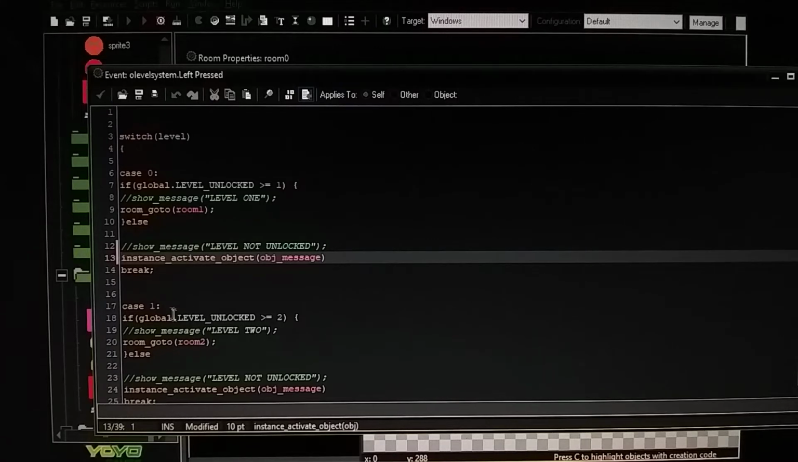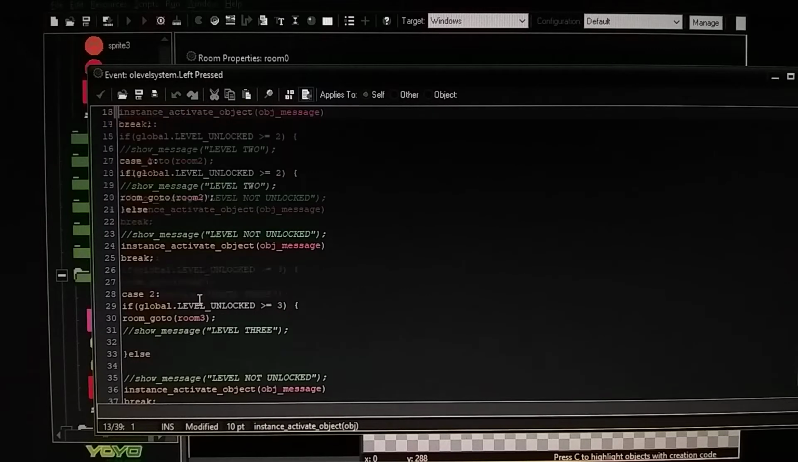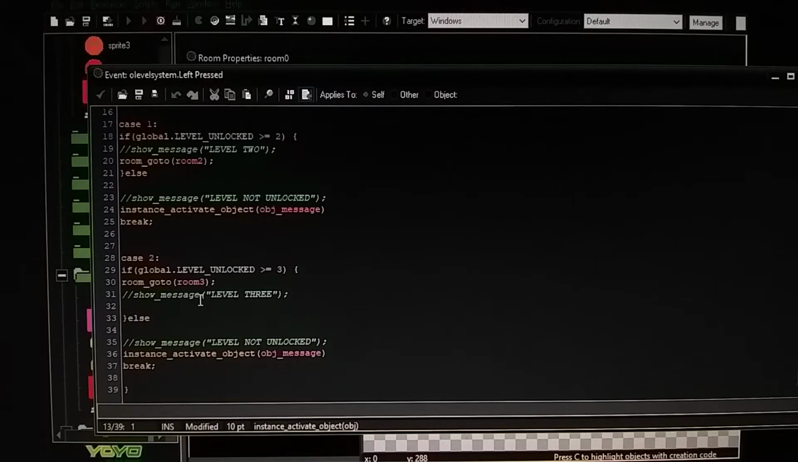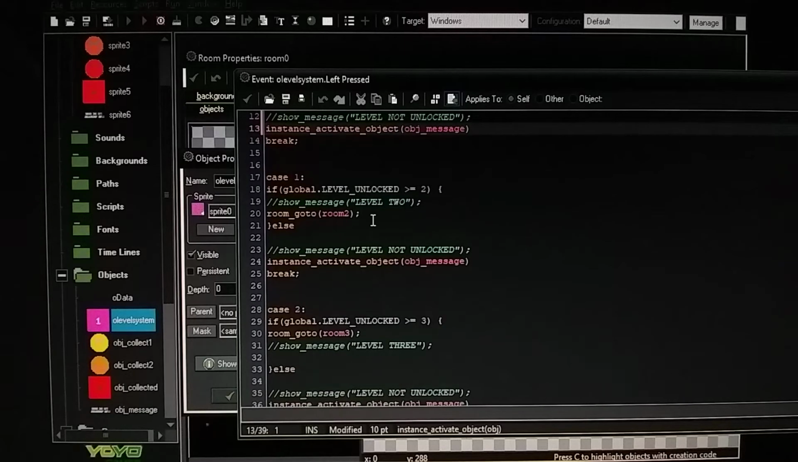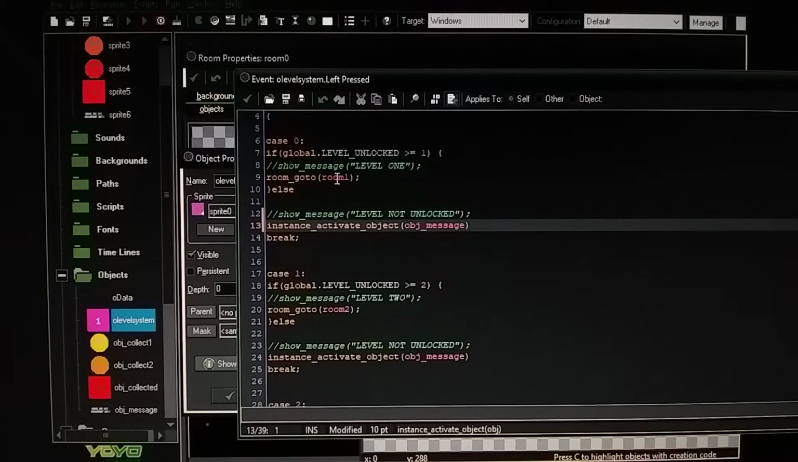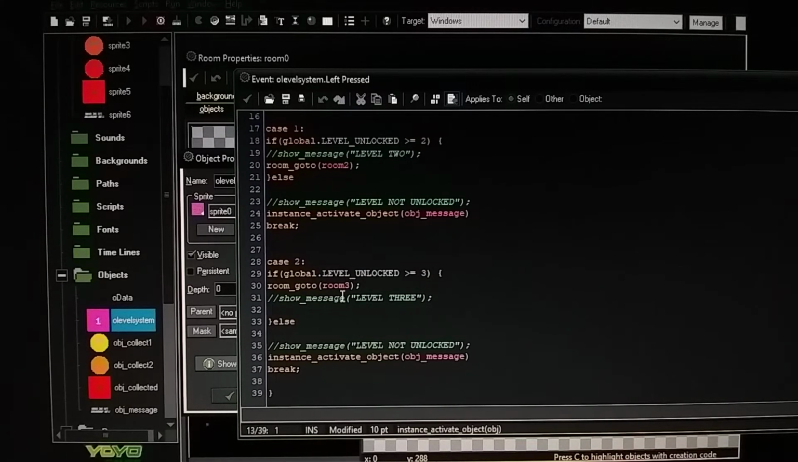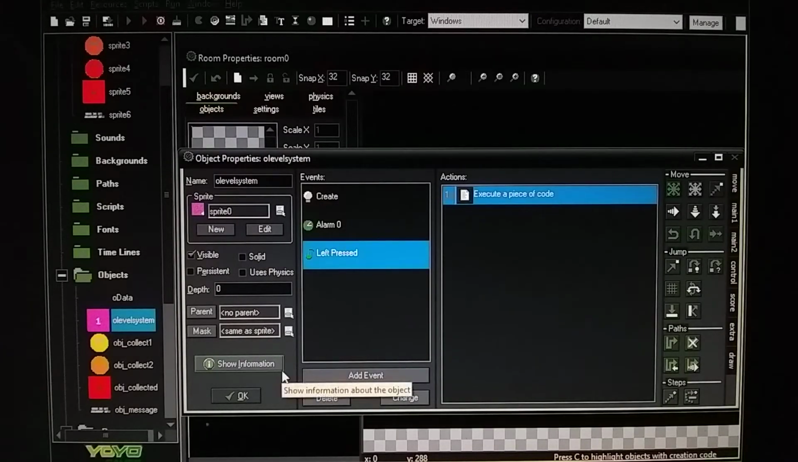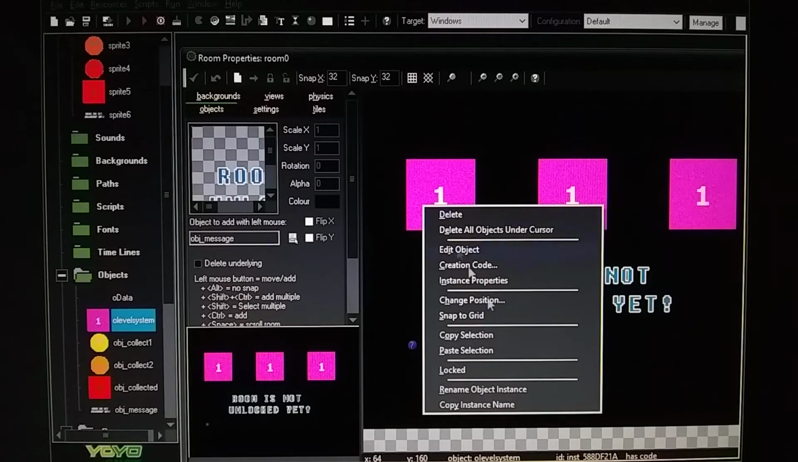Alright, you have to have these break statements in here. And like I said, room_goto room 3 if you have completed room 2. If you completed room 1, then 2 will be available. That's what it's saying here. If you complete room 2, then 3 will be available. Alright, and then right click on the box and go to